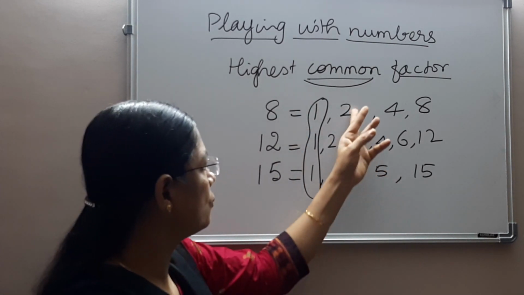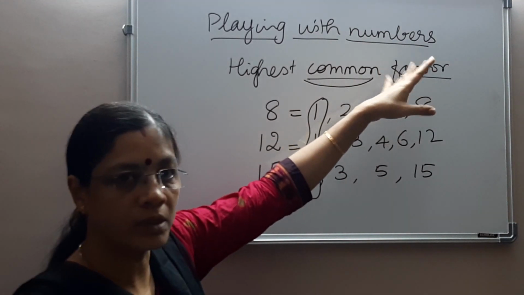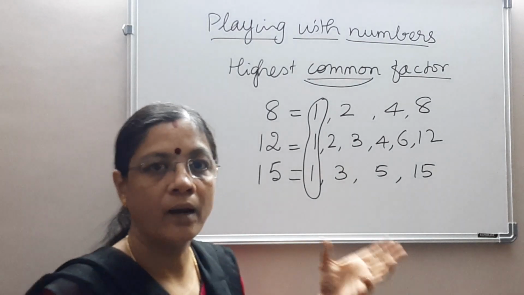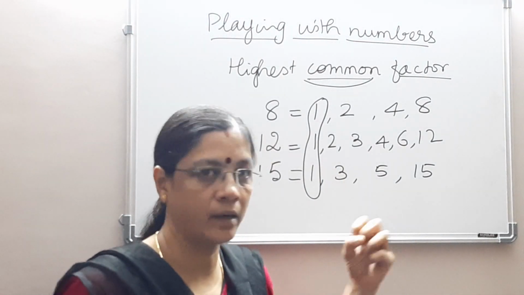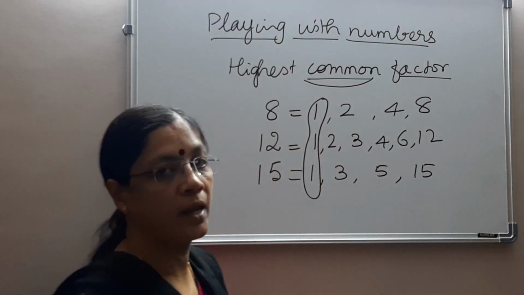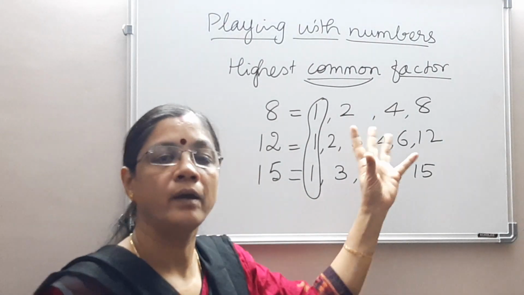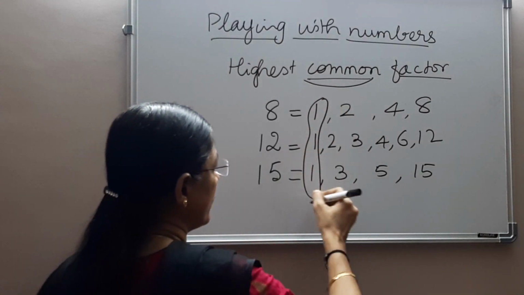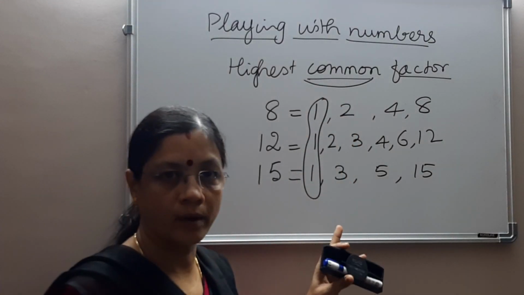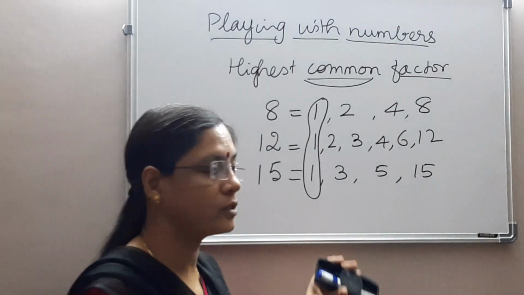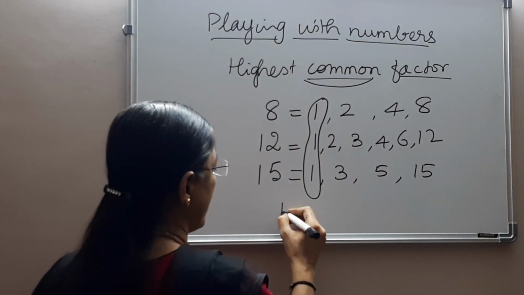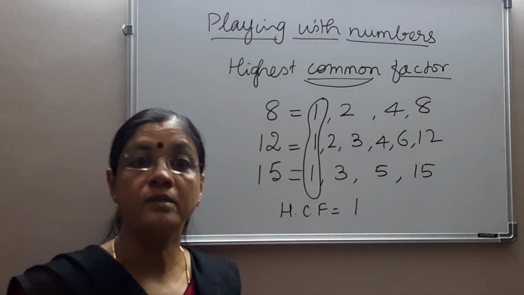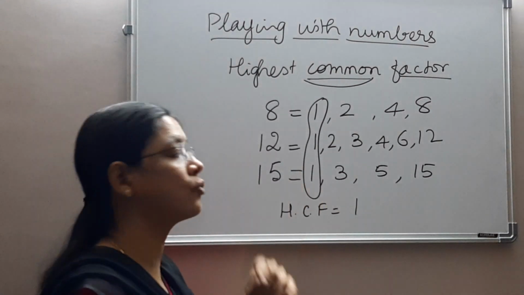If you see, 2 and 4 are common to these 2 numbers, whereas 3 is common to these 2 numbers, but we can't pick it out of just 2 numbers. We can't pick the common factor that way. We need to see all the numbers and pick the common factor from all of them. So one such factor I have found out, and that is 1. So 1 is the common factor for all the 3 numbers. So I write the highest common factor of all the 3 numbers is 1. So this is the highest common factor.